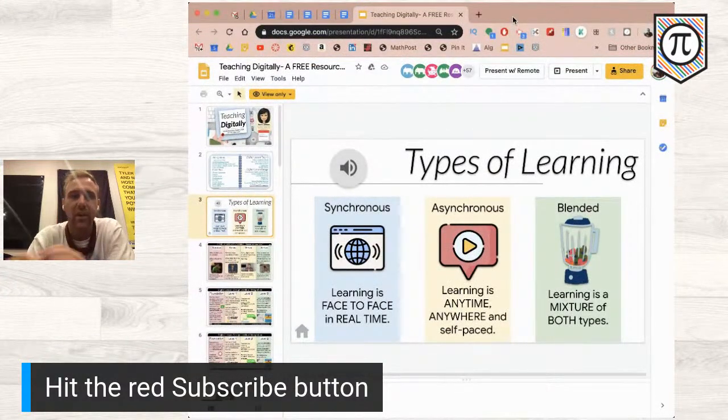Here we go. With synchronous, you're looking at learning that is happening face to face in real time. These are your Google Meets, your Zoom calls, your Skype if people still do that. That's your face to face time hangout. It's not what we're doing right now. Yes, it's considered synchronous because you guys are live with what's happening, but traditionally when you talk synchronous learning, you're going to talk about like I can see your face, you can see my face, we're chatting. Now with you guys being able to talk in the chat, it still gets a lot of